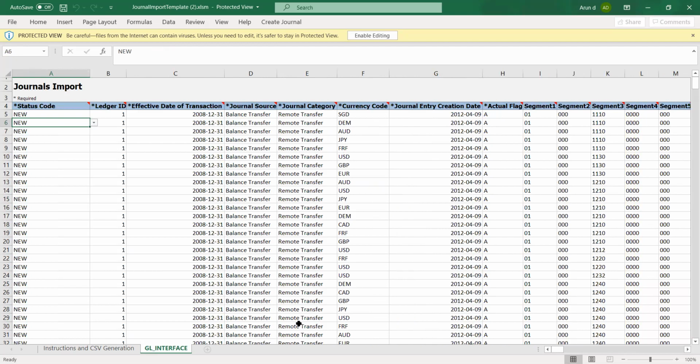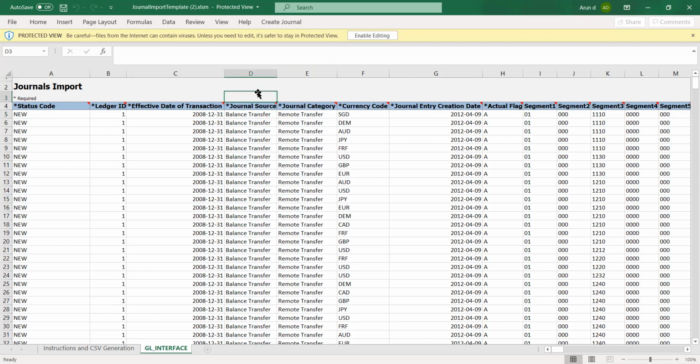Yeah. So the user can give anything, and once this is filled, you upload it. Where do you upload it from? We can load it through the interface, like how we loaded our chart of account values. Similarly, we will use the concurrent program to load this journal entries. So you go to schedule process, and from there you load it. Yes, correct. Okay, schedule process, and this has a specific name?